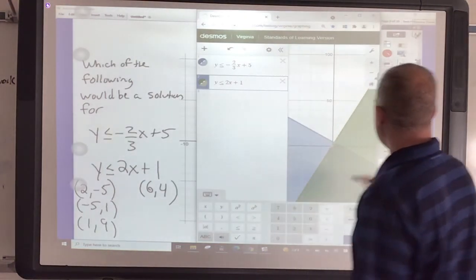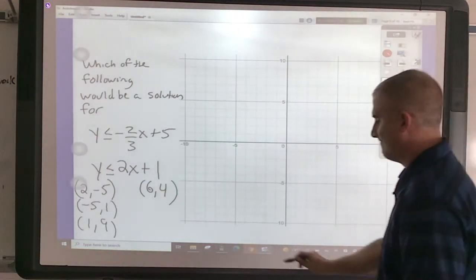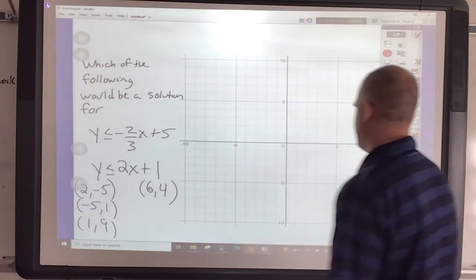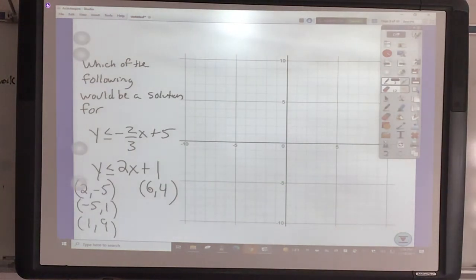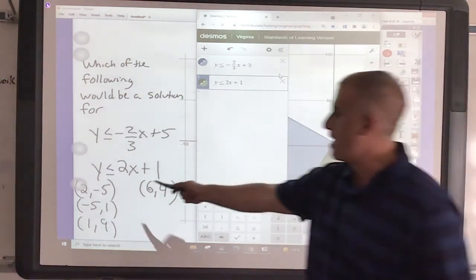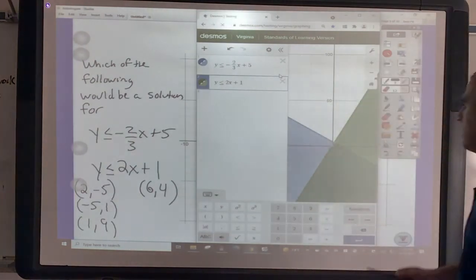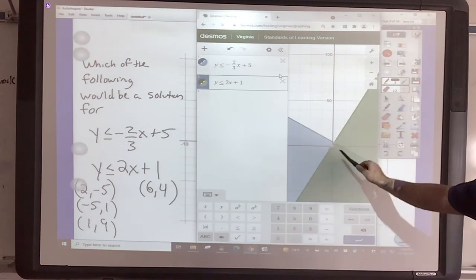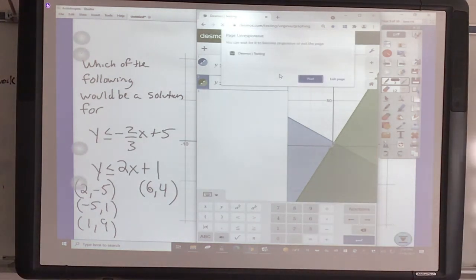Okay, all right, so what I'm going to do is I would try to pick out where these points are in relation to the darkest area. So if I see this darkest area here, what I want to do is I want to